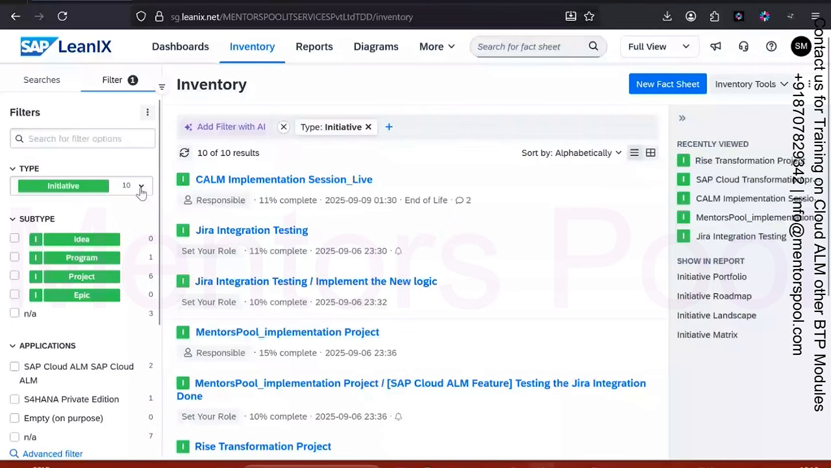In Cloud ALM, we normally create projects, but in real time, the customer creates their projects in LeanIX, and from there they sync to Cloud ALM. I'm going to show you why they need to create them in LeanIX instead of Cloud ALM. This is the LeanIX screen, in the inventory section, where I'm going to create a